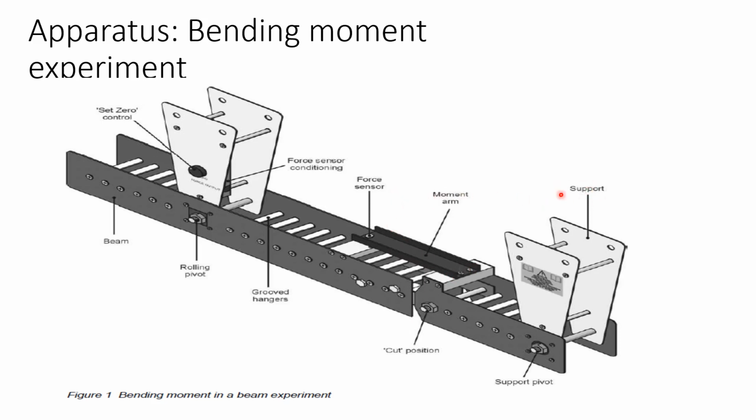So these ports are used to fix this apparatus on a structure. You will see on the next slide. So these are the components of our experimental setup. We will see the next slides in detail, and we will apply the load using these grooved hangers with different loads, and we will apply 1 and 2 hangers at different positions. We will see the bending moment at this cut section.